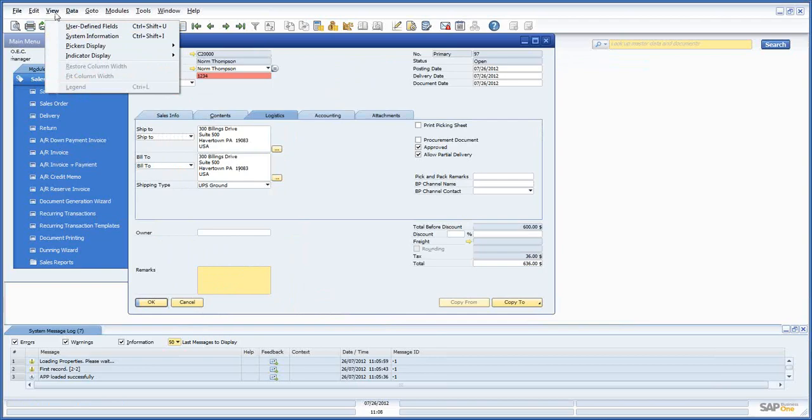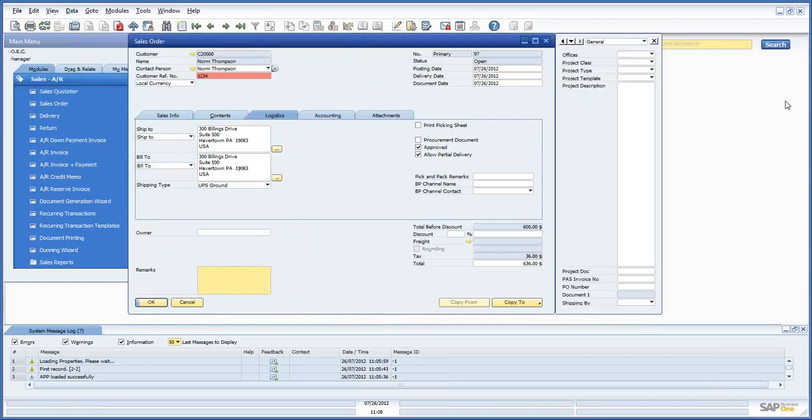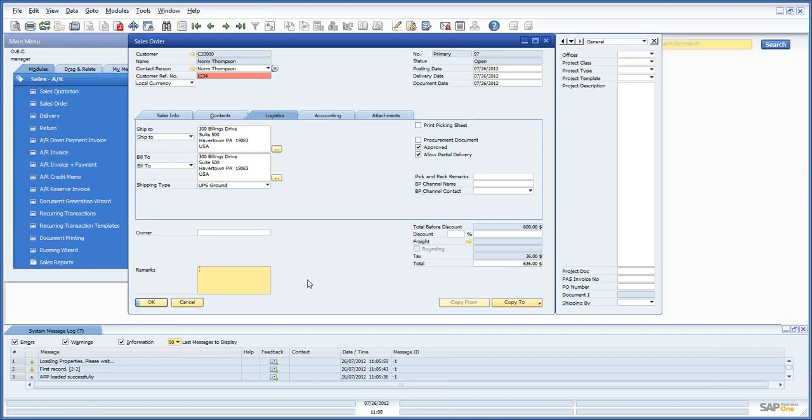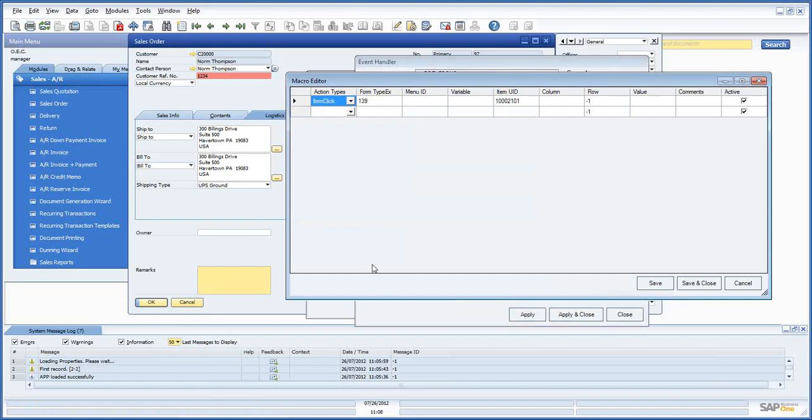I'm going to go back into my view user-defined fields. I'm just going to show you, view system information. I want to show you how to write a macro line. If you point to this field, again, if you look at the bottom, you can see that it's Form 139 and it's item 16. On the bottom left, it shows Form 139, item 16. If we go into our macro editor,